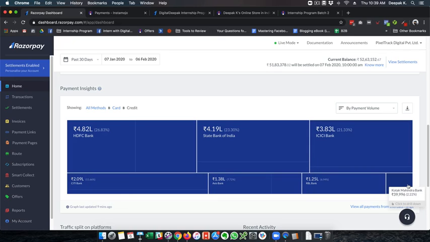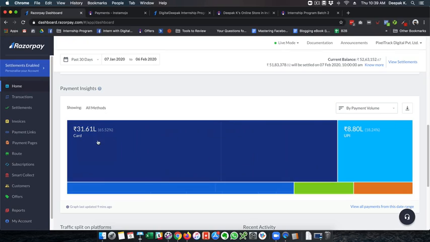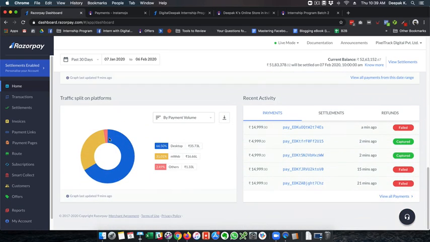So this is kind of fun to look at because I have a very clear idea on how many credit card users are there among my user base, how many people pay via UPI, how many people pay via net banking and wallet. And you can see net banking is on the decline. Card payments are still the major ones, and wallet, I think it has not really picked up in India that well.